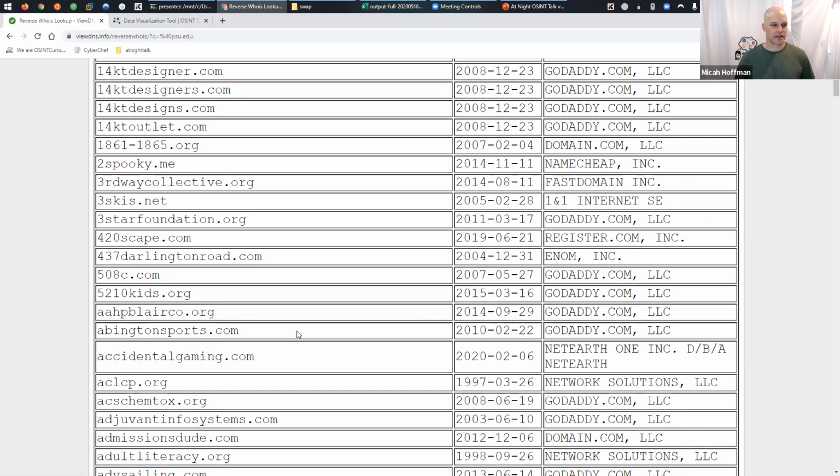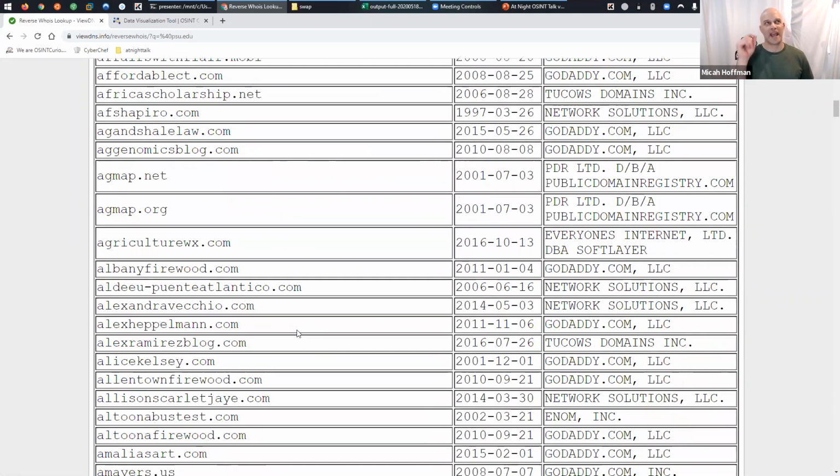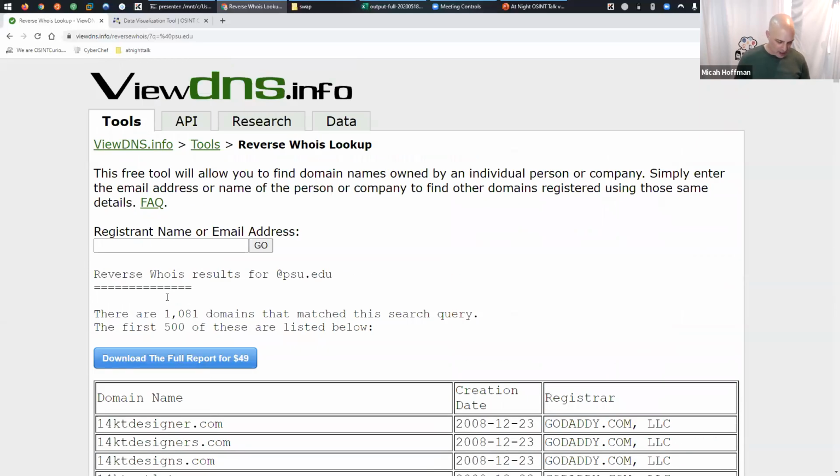But take a look at this. We have all these different domains that are somehow registered with an at psu.edu email address. We don't know who at psu.edu registered it, but we know it's attributable to somebody. Now, we could go ahead and look through this. I think you probably can figure out who owns some of these domains because, well, Alex Heppelman, Alex Ramirez blog, Alice Kelsey, it's in the domain name, right? Let's go ahead, instead of using at